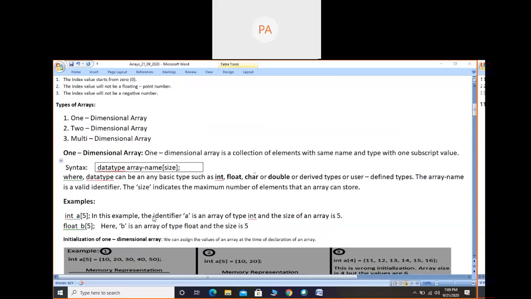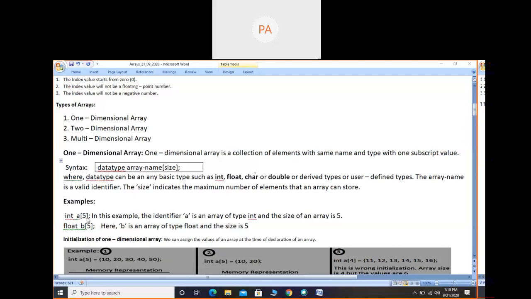Okay, so here consider the example and compare it with the syntax. Wherever the data type is there, you have to write the data type. Here in the examples I'm using basic types. int is a basic type, that is integer. A is an array name. As I said, it is an identifier, so just follow the identifier rules and write. Single letters can be used as identifiers. Just to recap the identifier rules: blank space is not allowed, the first character should not be a digit, keywords are not allowed, and only the underscore symbol is allowed, not other symbols. And that too is not compulsory. By remembering these rules, you can write the array name.